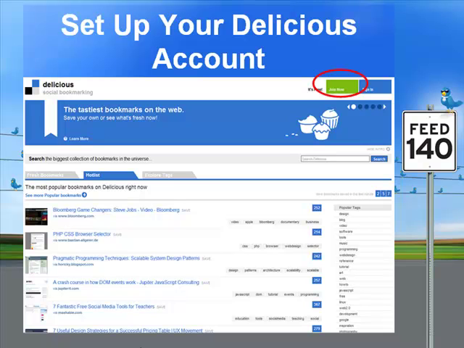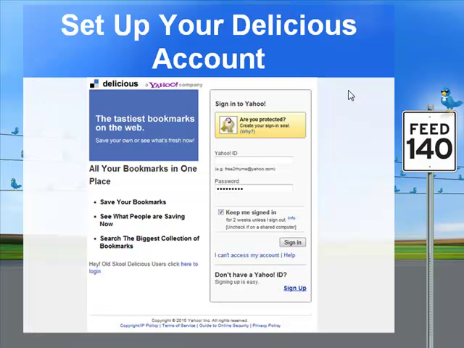When you get there, just click on the green Join Now button, or the link at the top of the page. After you do that, you're going to see this sign in with your Yahoo account. Now, if you don't have a Yahoo account, you're going to have to create one. Chances are, if you've been on the web for any amount of time, you do have a Yahoo account, and